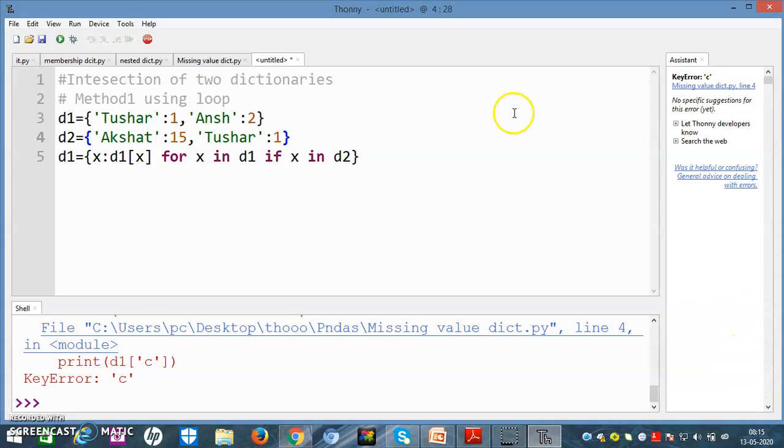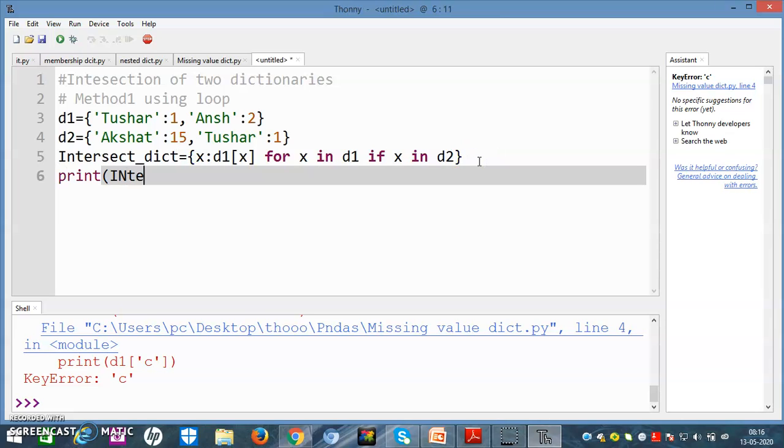Now I have to print. It will not be D1, it will be taken as D3 for the intersect. Now we have to print the value of intersect underscore.